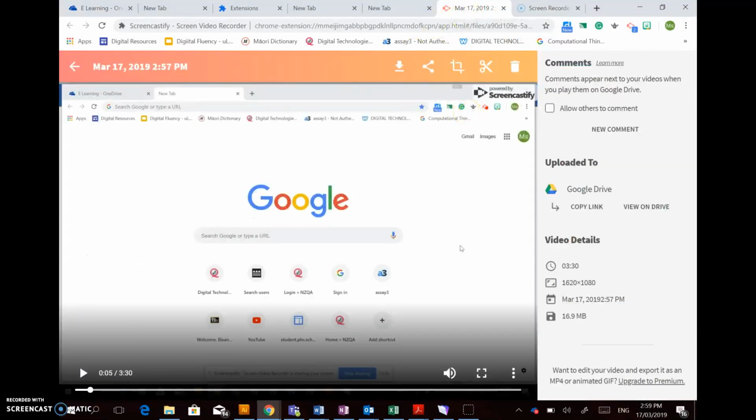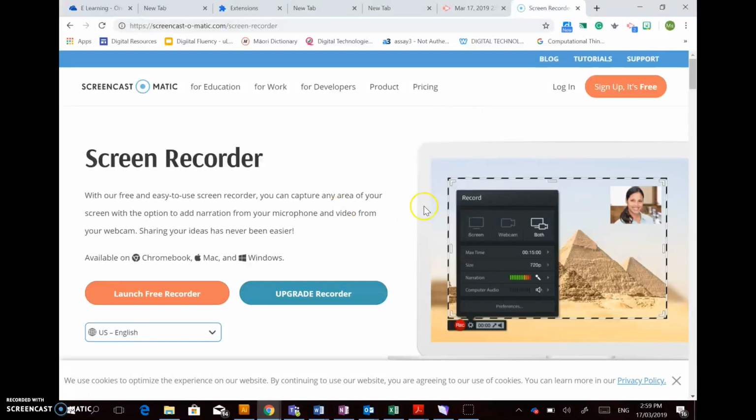Hi everyone. So I've been looking at different screen recording facilities, and as part of my pedagogical aim, I've said that I'm going to look at trying to really enhance the access of resources and the sharing of resources,